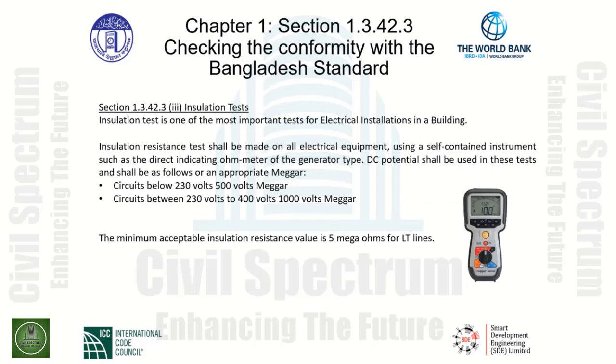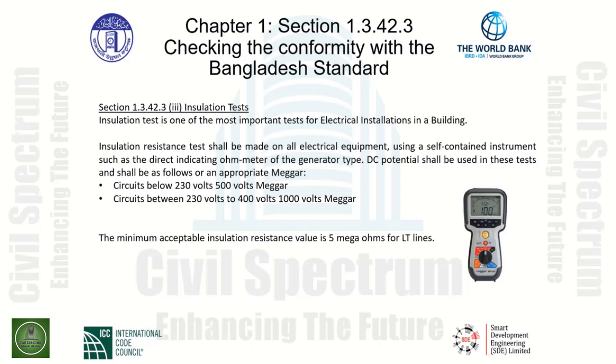Insulation tests are given in item 3. The insulation test is one of the most important tests for electrical installations in a building. Insulation resistance tests shall be made on all electrical equipment using a self-contained instrument such as a direct indicating ohmmeter